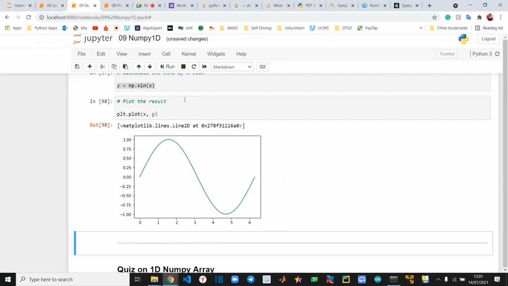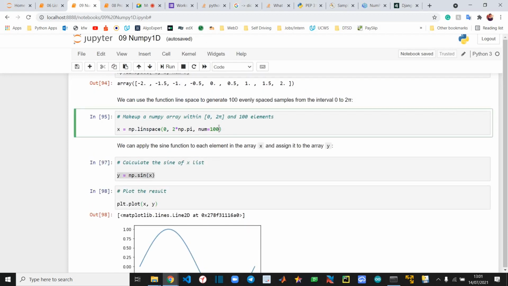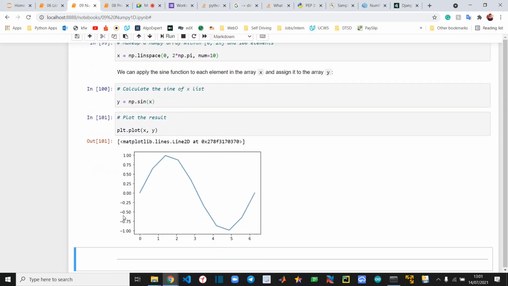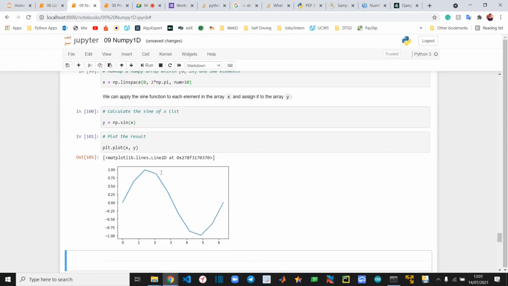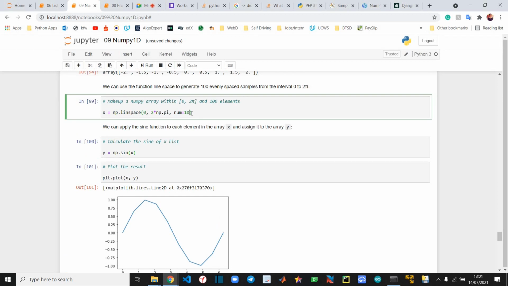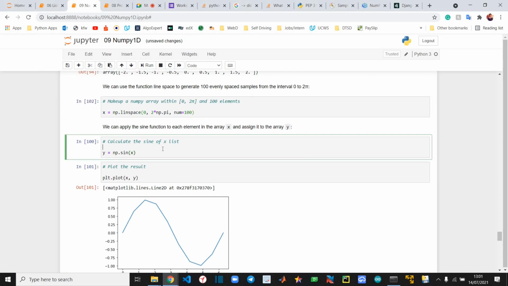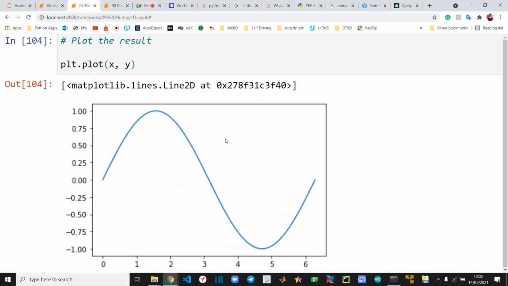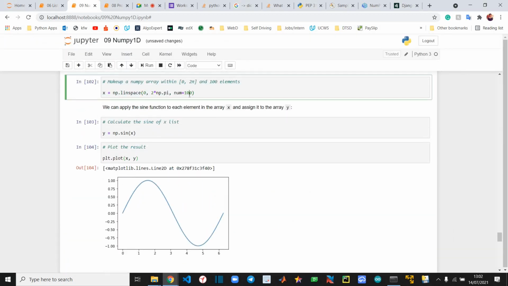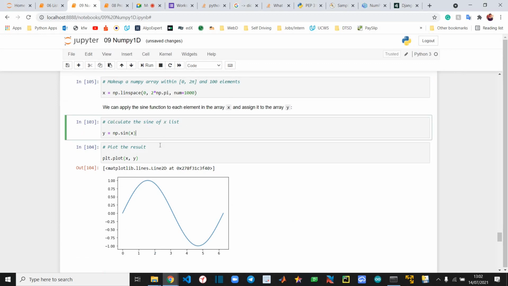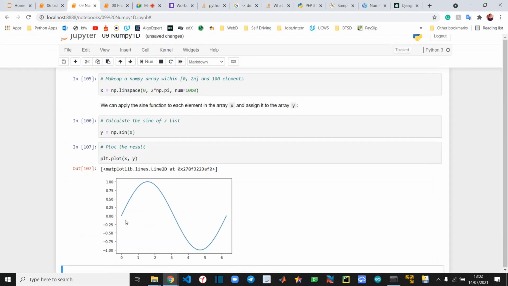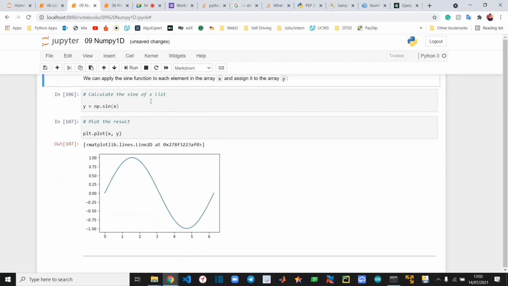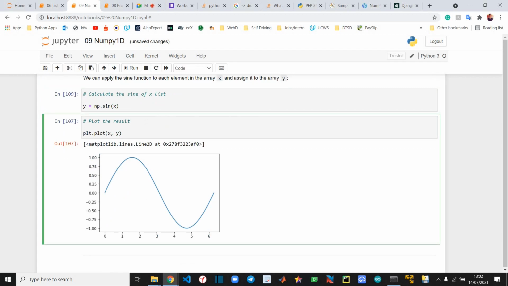Like I said, if we keep it at 10, then run this, you can see the graph is not that smooth. But if you want it to be really smooth, now this is very smooth. You can even do 1000 here, although after a point of time it will look the same to the naked eye. But if you have to do very precise calculations sometimes, this is how you can do it.